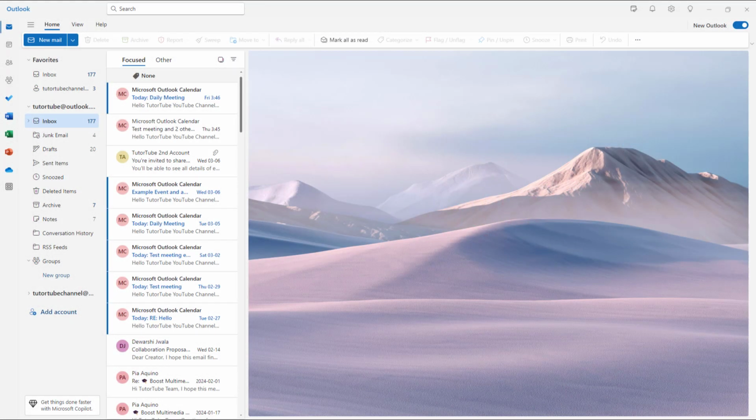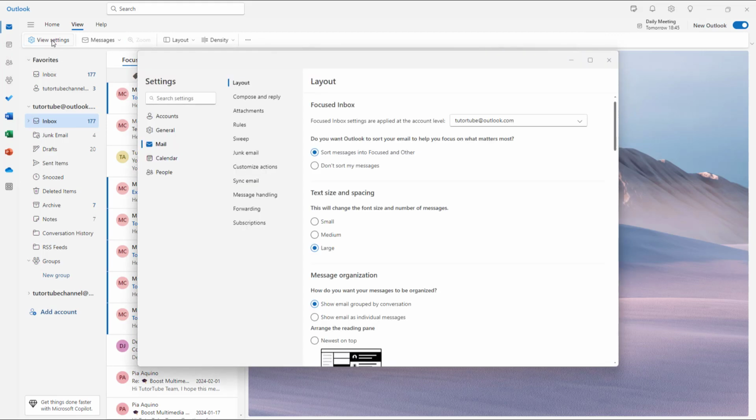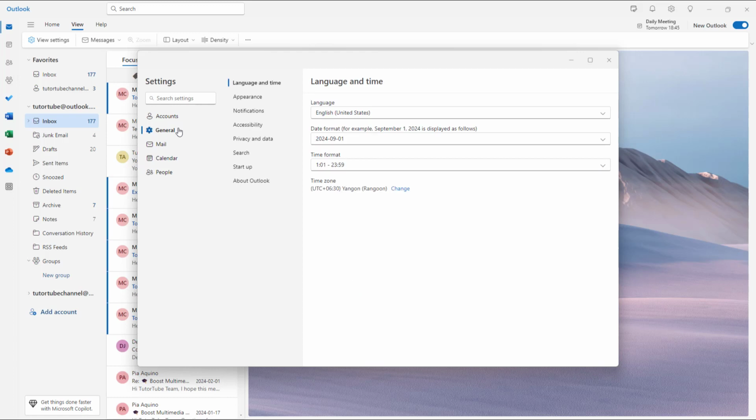While using any application, it is handy to know the shortcut keys. And if you want to know the shortcut keys for Microsoft Outlook, then you can simply go over here onto the view option right here. Then you can go to view settings. Once you do that, you can go onto the general settings right here and